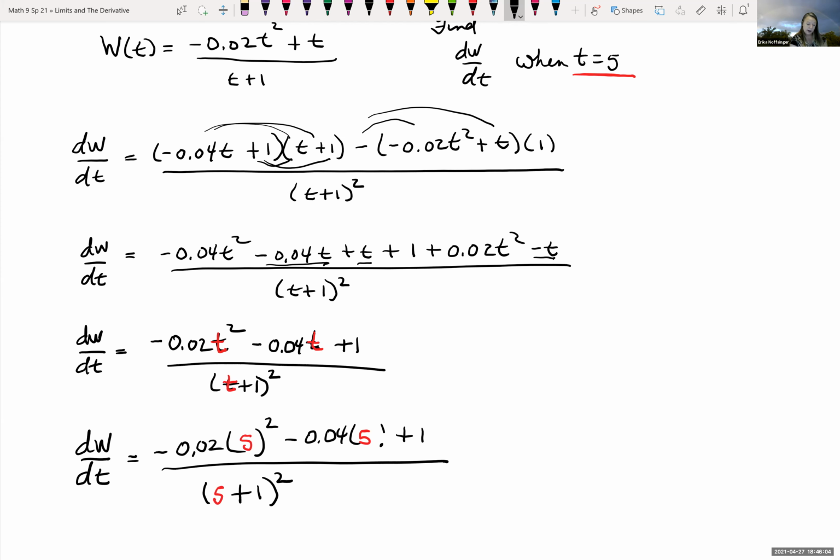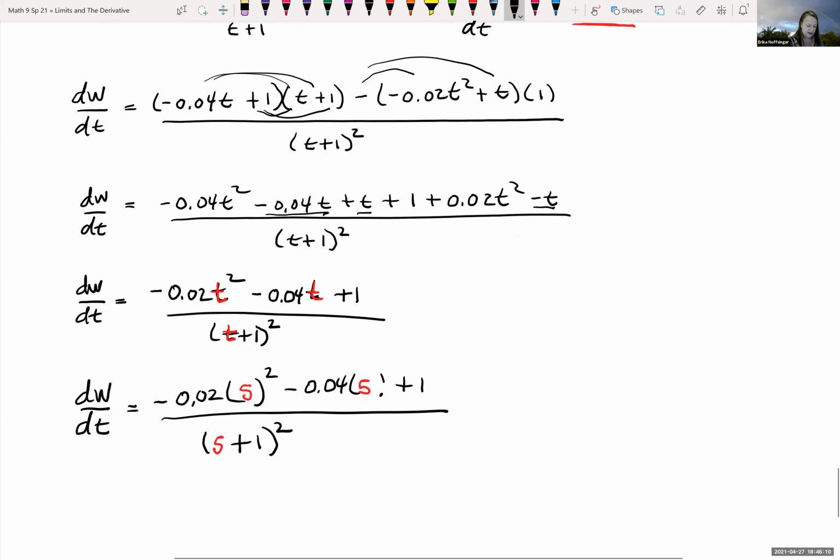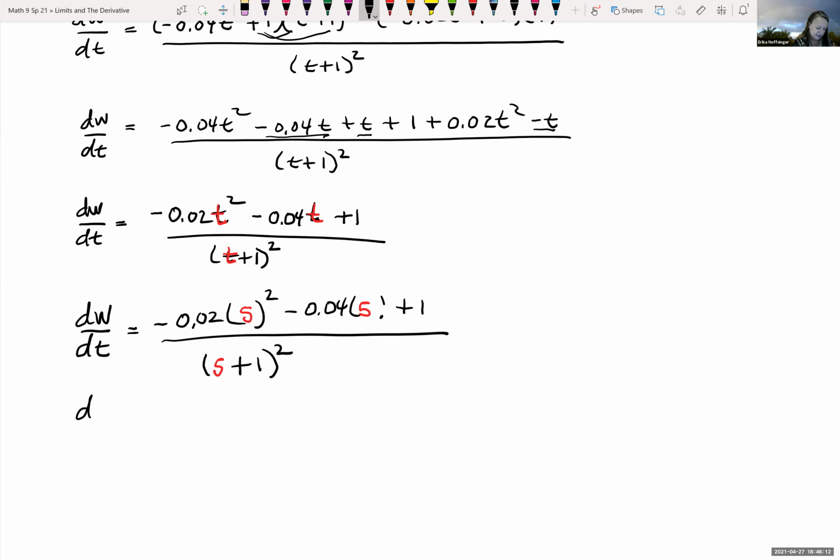So 5 squared is 25. 25 times 0.02 gives us 0.5. So we have dW/dT that equals negative 0.5